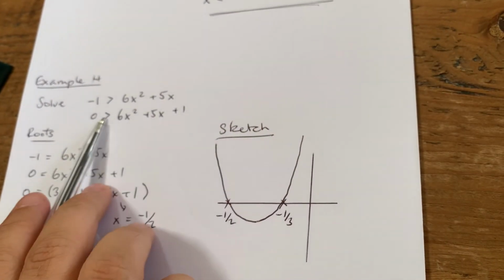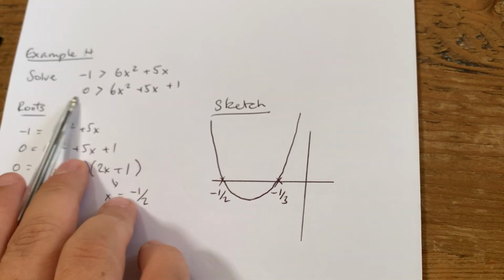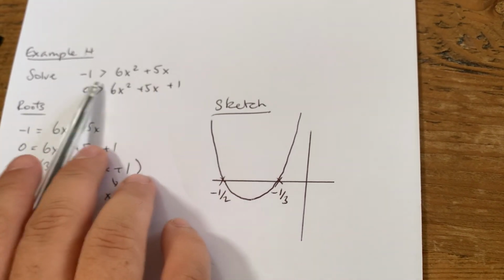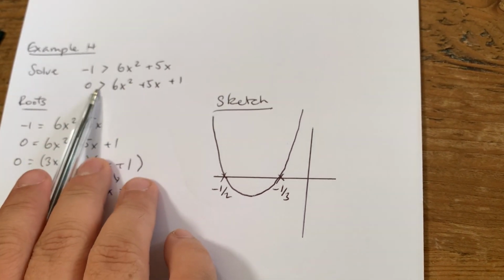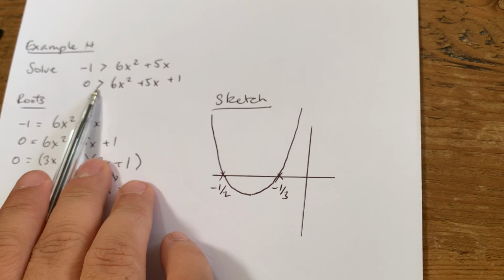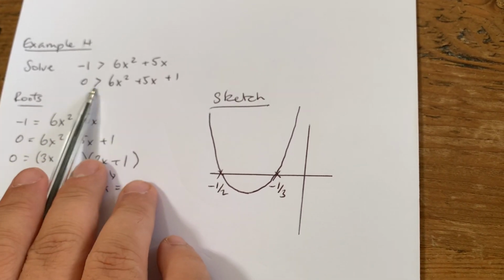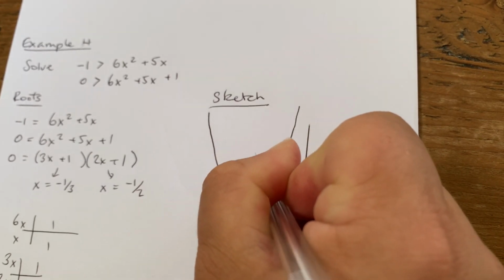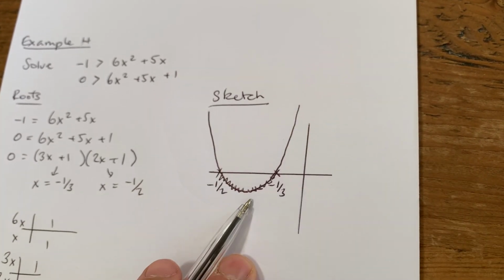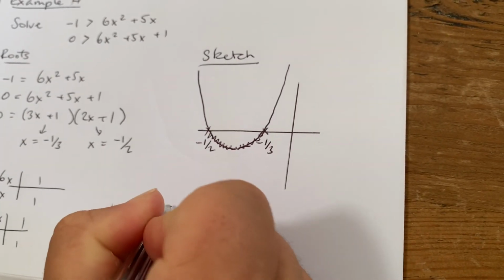Looks like that. And I want to know when is this less than 0. So that line there actually is critical that you shift it. Not just doing it here, but shifting it there. So you know which section you're looking to highlight. So I'm going to look for the section here where this is less than 0. So it's less than 0, it's below the axis. So it's that one. So therefore x is between -1/2